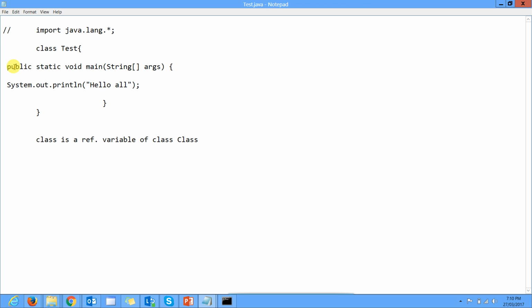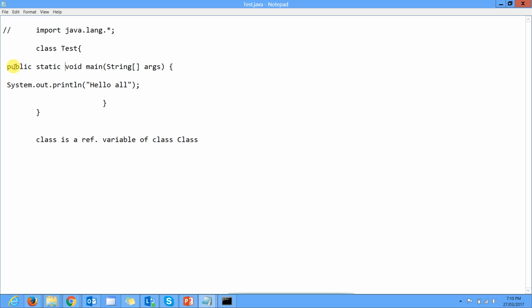Static is a keyword which helps to load the main method inside the memory without initializing the class. That means, if you want to execute something, it must be loaded inside the memory. So how will it load inside the memory? With the help of the static keyword.